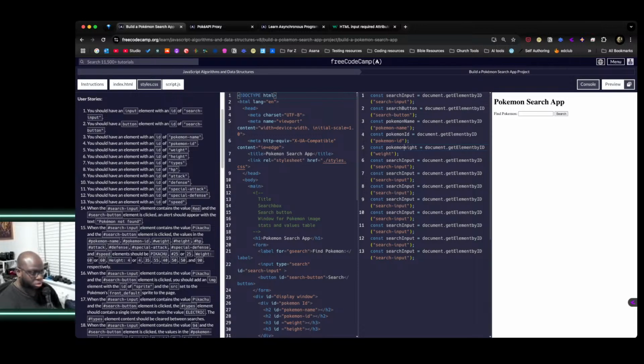It won't be as descriptive, and you want your variable names to always be descriptive. It might bite me in the backside later. This will be Pokemon height. This will be